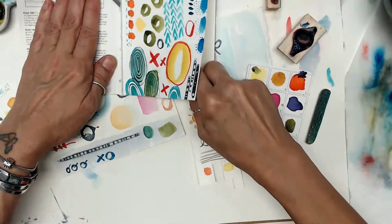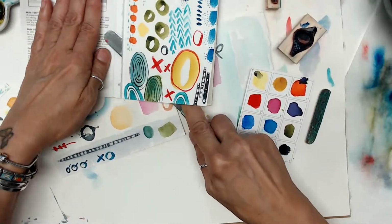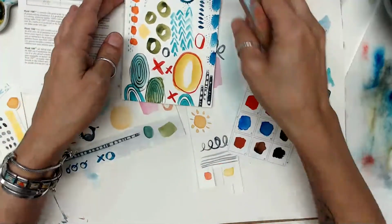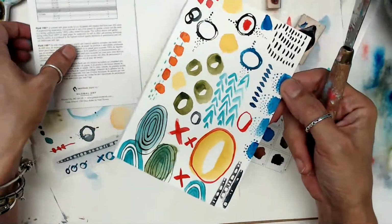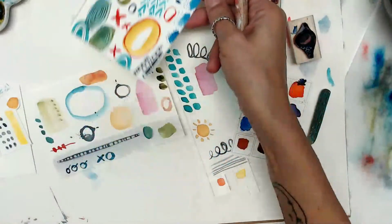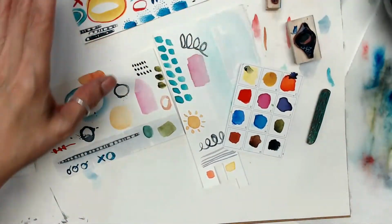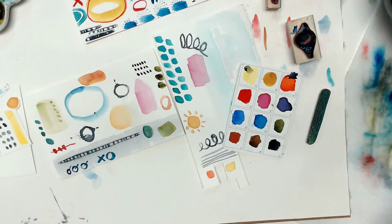And sometimes it's a little bit of a pain, so just be gentle because you don't want to scar your paper or tear your art. And of course, you'd want to wait till this is completely dry, which I think it mostly is. There might be a couple little areas where it's a little bit damp, but